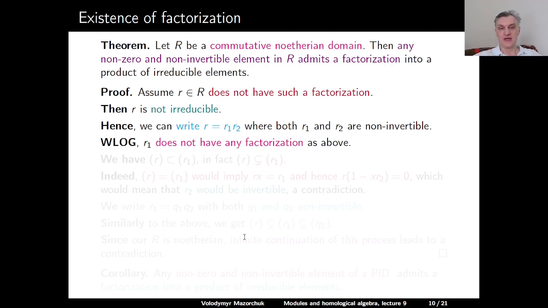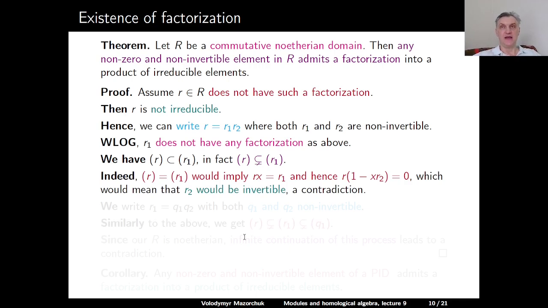Without loss of generality, we may assume that one of them doesn't have any factorization, because if both have factorization, we multiply the factorizations, we get a factorization for R. So let's assume that R1 doesn't have any factorization as above. Then the principal ideal generated by R is included into the principal ideal generated by R1, and this inclusion is proper. Indeed, if these two ideals would coincide, we should be able to write R1 as R times something